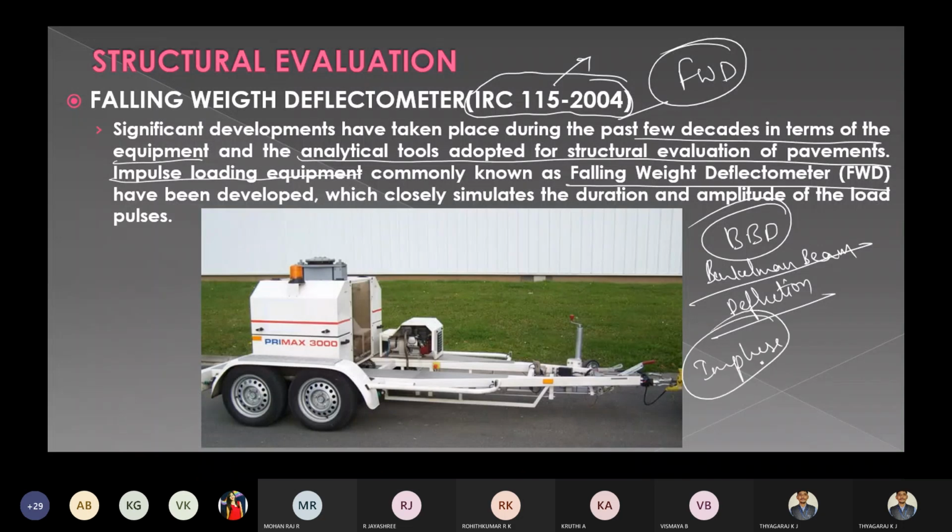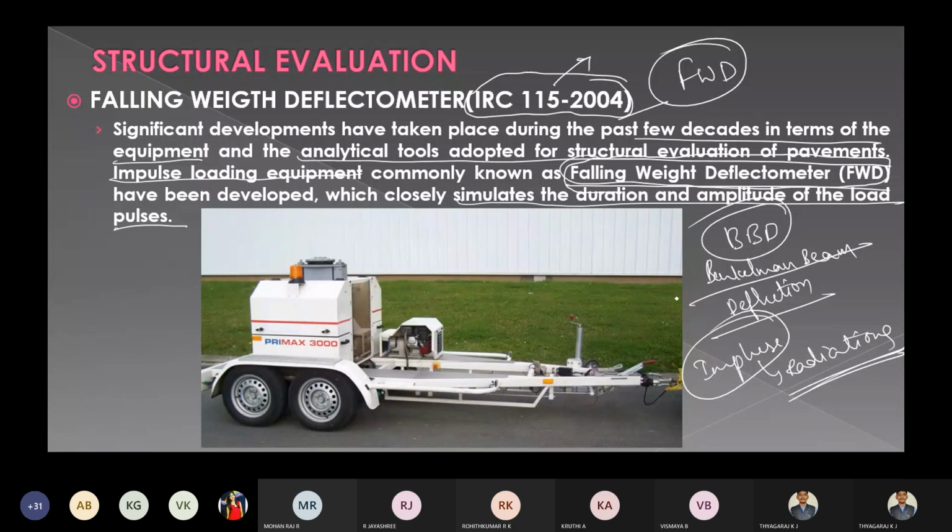Using this impulse loading, the equipment based on it is called a falling weight deflectometer. It works on the principle of impulse load, and has been developed to closely simulate the duration and amplitude of the load pulses.